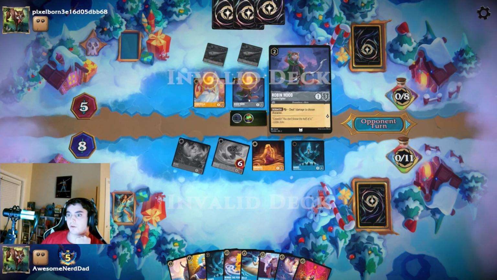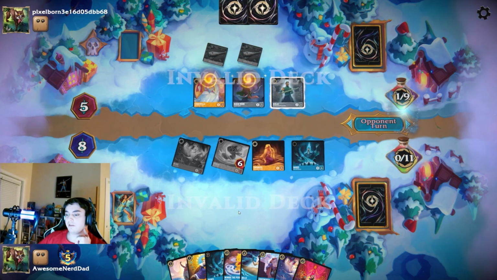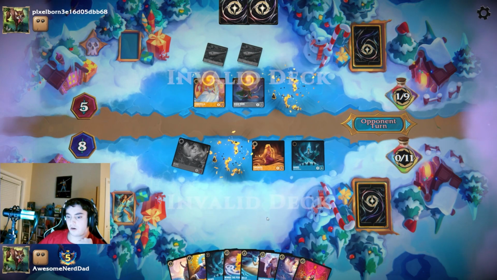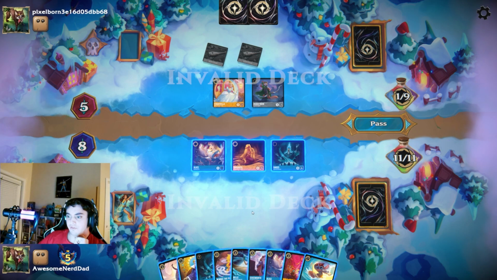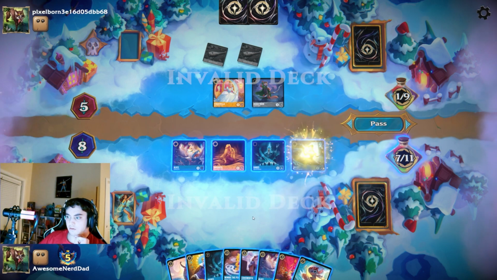Cogsworth is going to do a good job shutting down the Robin Hood. I like getting Belle into play next turn, that way we can ink an extra card. We don't need to worry about getting rid of either of these, because Cogsworth is going to shut down the Robin Hood. So let's just play Art Belle